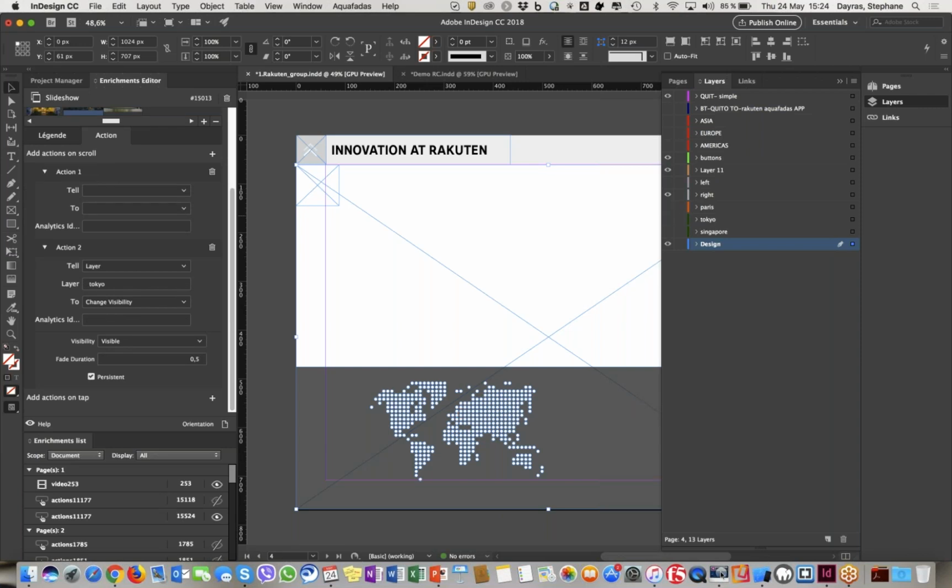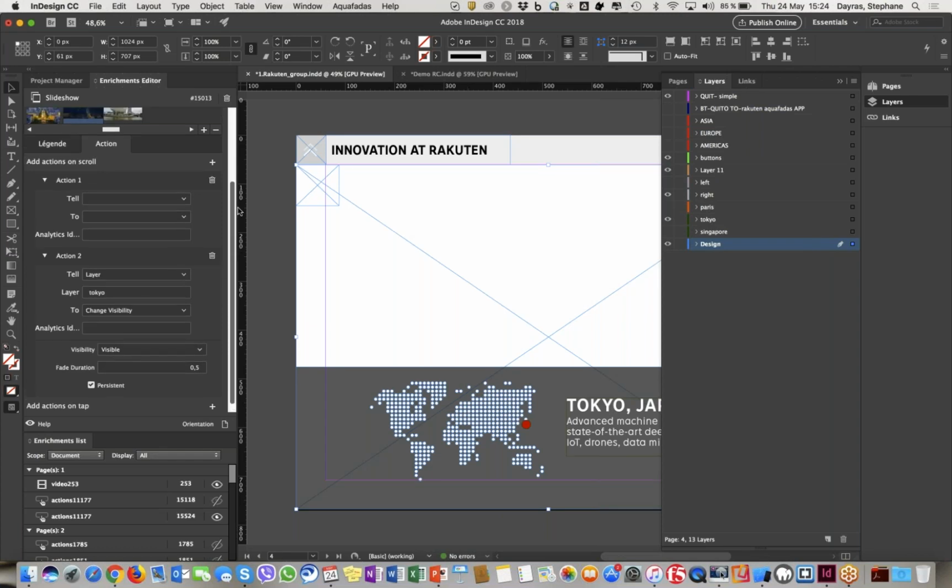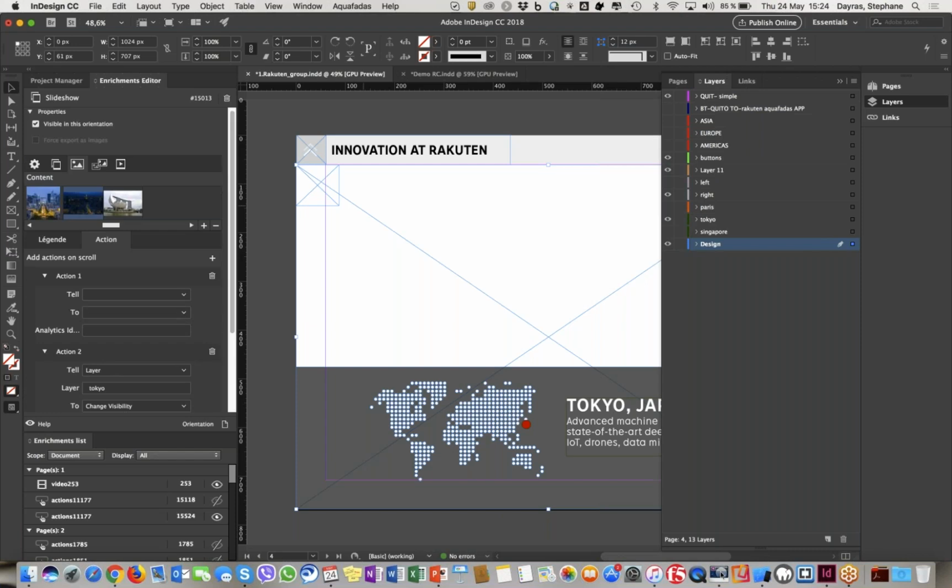So if I hide the Paris layer and I show manually the Tokyo layer, it will show the Tokyo caption there. We don't show in that case the picture because the picture will be displayed by the enrichment itself. And the enrichment has all the pictures there. So you don't need to put and place the picture in that case, right?